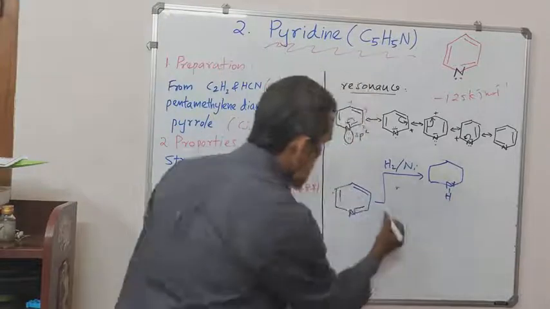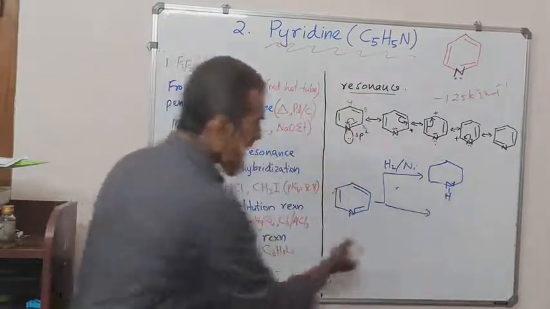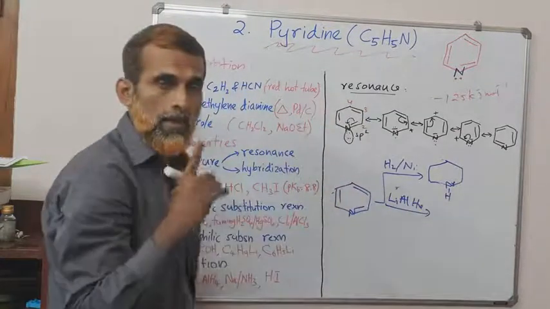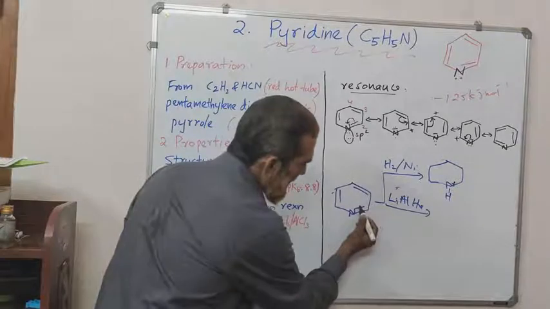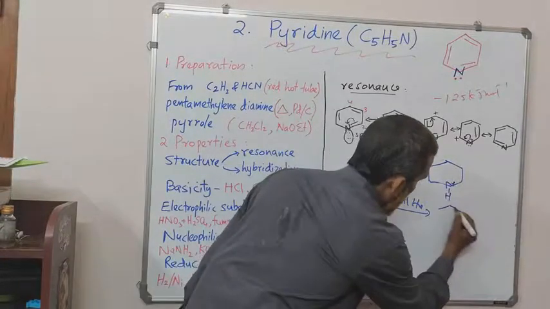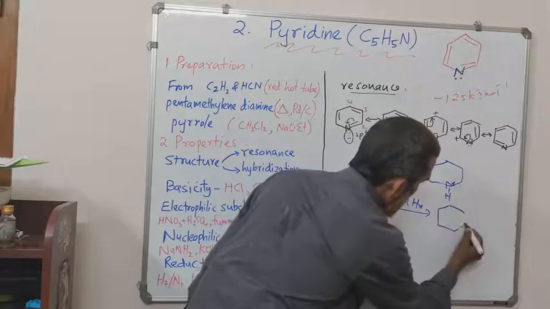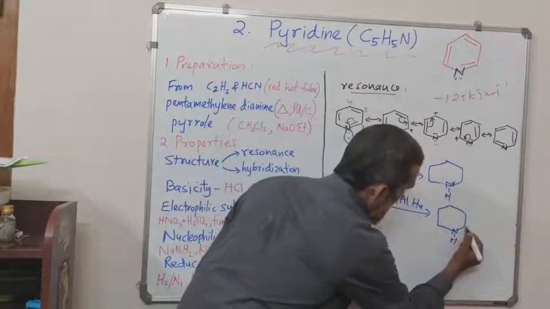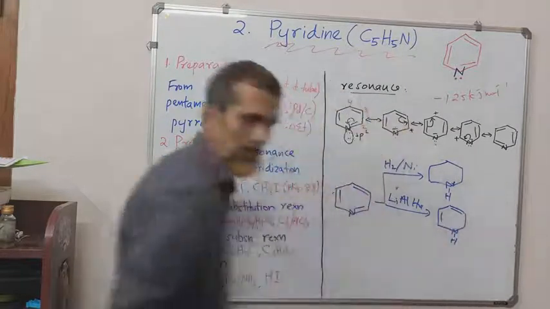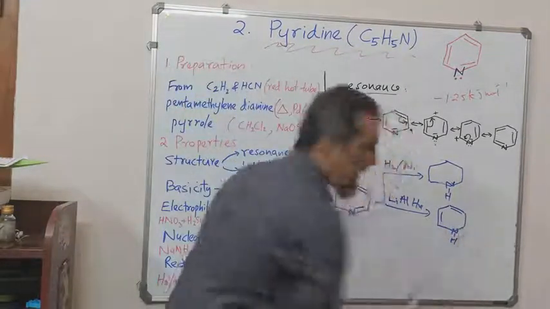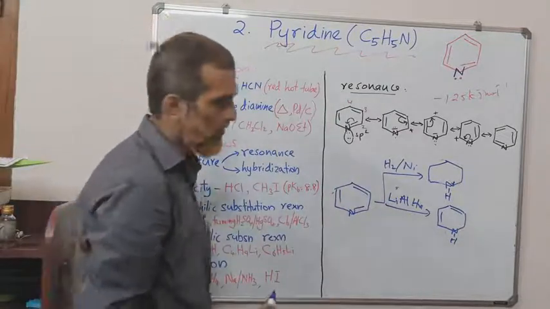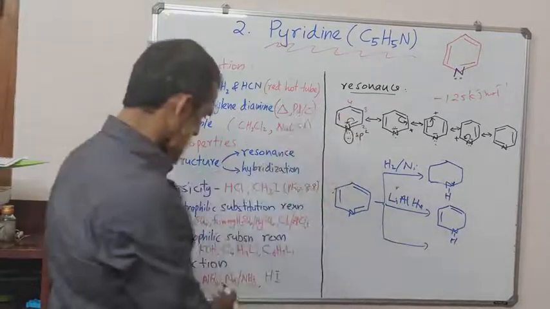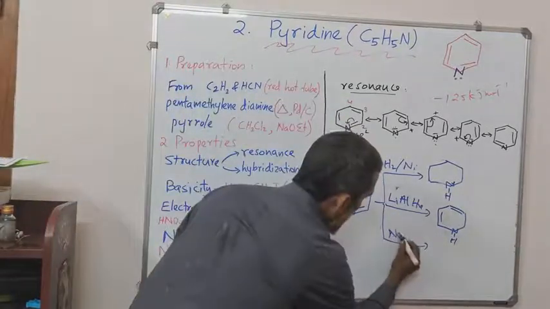Now, if the reducing agent used is LAH or lithium aluminum hydride, interestingly, partial reduction takes place. Only this bond gets broken. So it's a selective reduction actually. So this bond is broken with hydrogen. So 1,2 positions get hydrogenated. This is known as 1,2-dihydropyridine. And if the reducing agent is sodium in liquid ammonia,